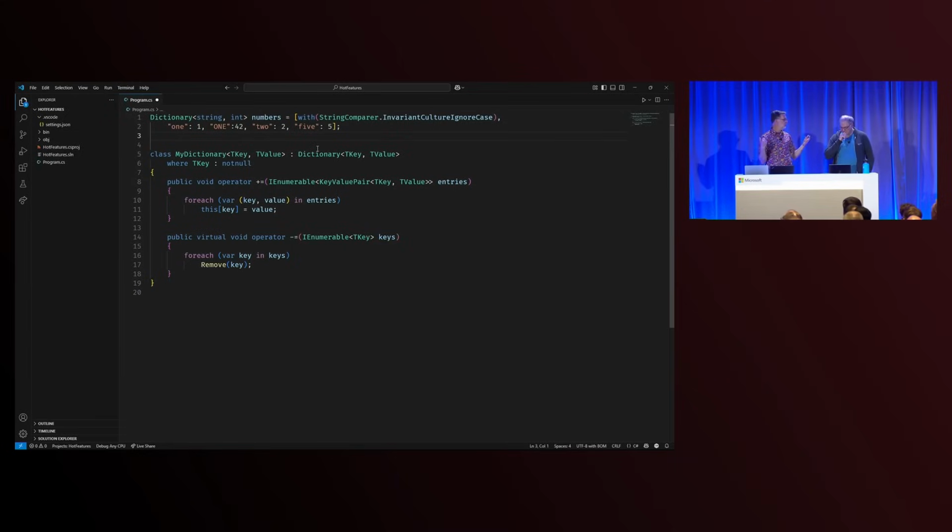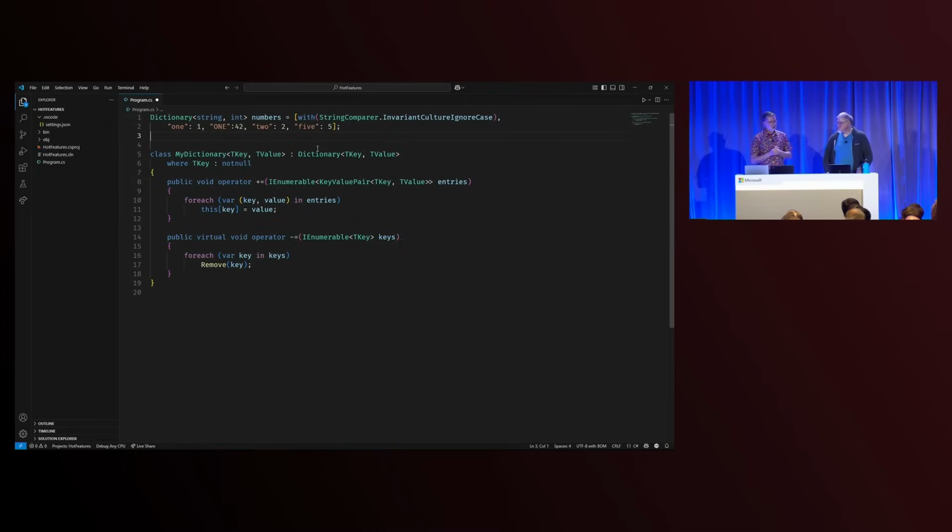Another example, the other example I think that came up that was realistic, is sometimes you're going to be adding a whole bunch more to a collection after you created it from the collection expressions. And so for things that have a capacity, sometimes you want to just pass in, actually make the capacity 100, because I'm just about to put a lot of stuff in programmatically. Yeah, I'm going to put 4 in, and I'm going to put a bunch of other stuff in. And we don't want to pay for the growth.